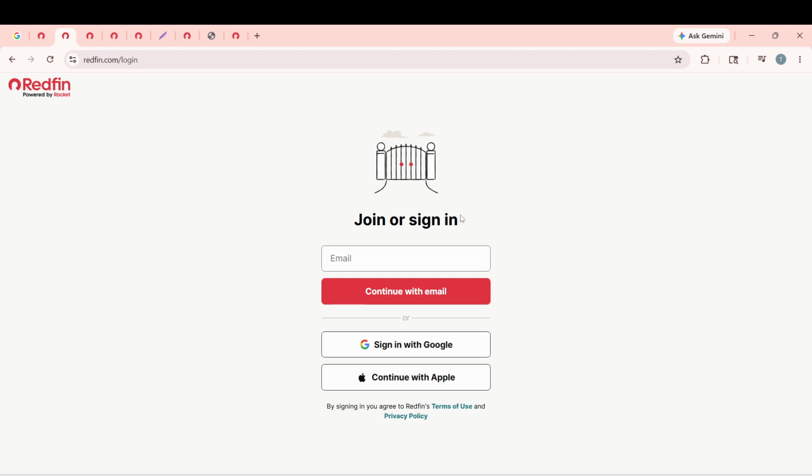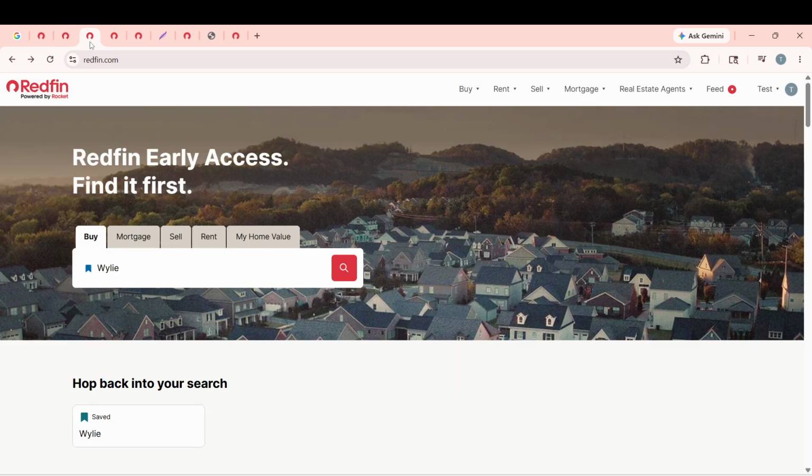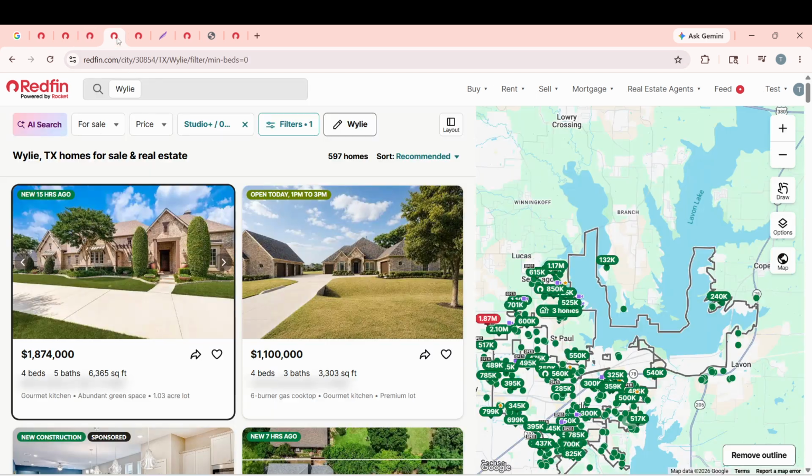Now search for active or recently sold listings. Use the search bar to enter a city, neighborhood, zip code, or a specific address. Apply filters to narrow down price, beds, baths, or property type. If you want to see how redesigns might apply to comparable homes, switch to recently sold listings. Availability of the redesign feature can vary, so exploring a few listings may help you find one that supports it.